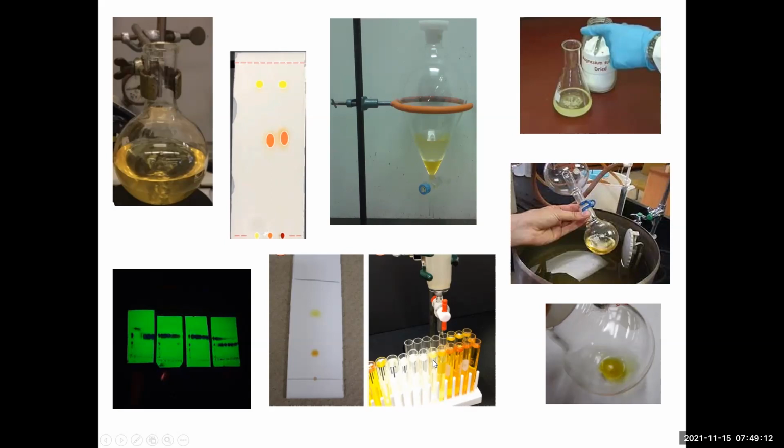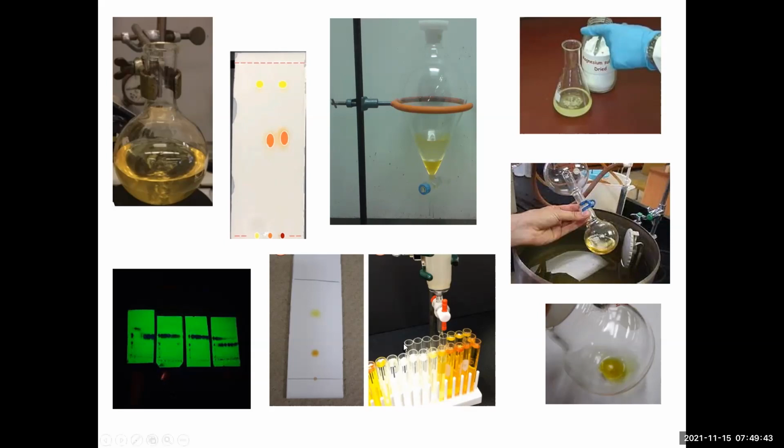But a lot of the times in the lab, compounds are not colored, or most organic compounds are not colored. And so we can visualize the plate using different methods other than just our eyes. And if they weren't colored, all of these fractions would be clear, right? Because the white solid would dissolve in the solvent and it would be a colorless solution. So we wouldn't really know where the compounds are, or have any idea if we can't see them.